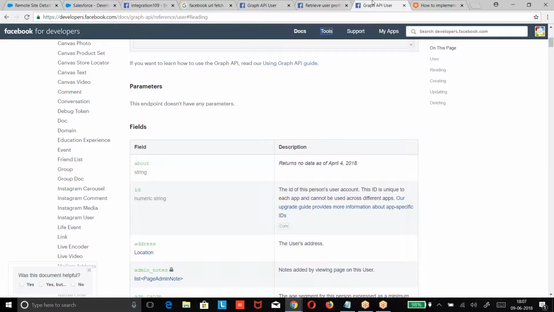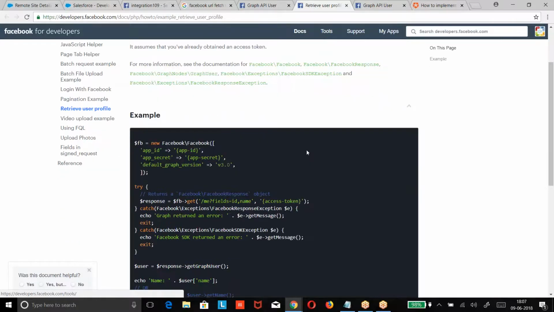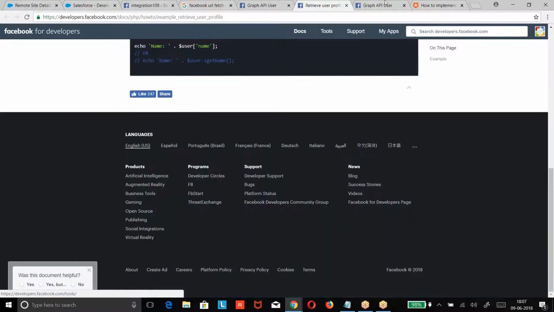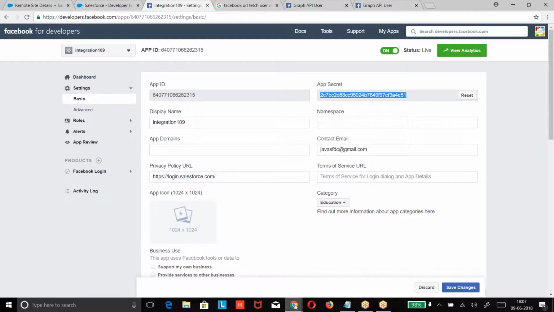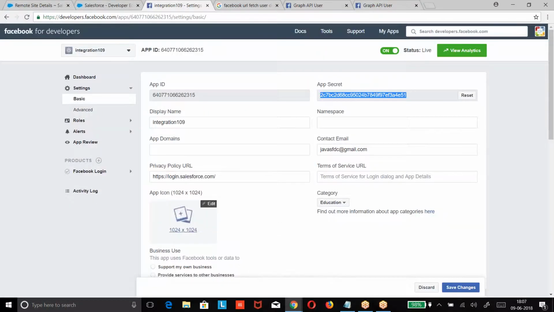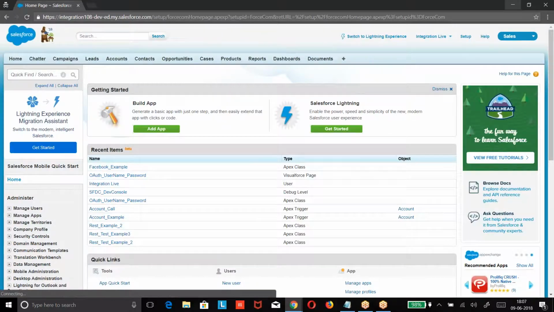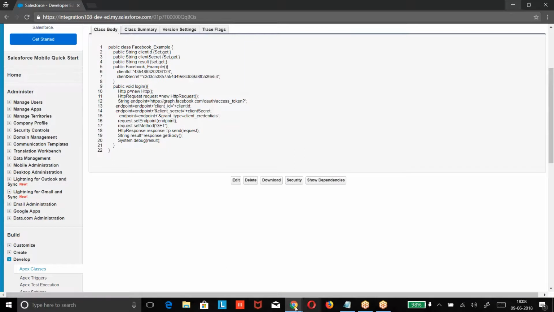Still, we're not finding it. Let me try from this end. So, user ID. I guess we have done it in the last class. Let me check whether I have the URL from my last class. No. Okay.